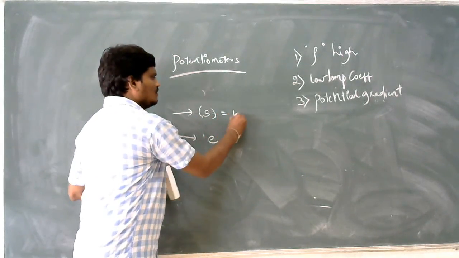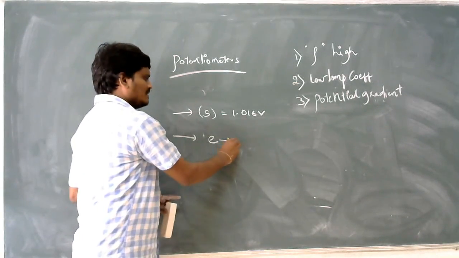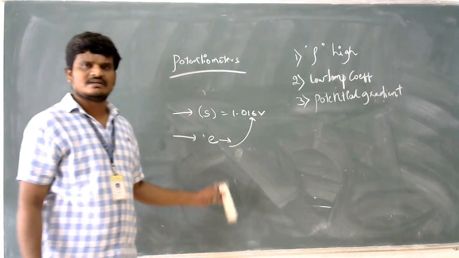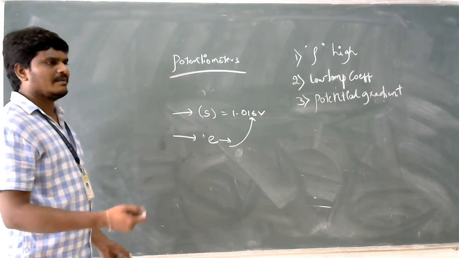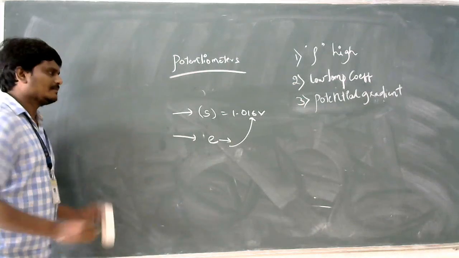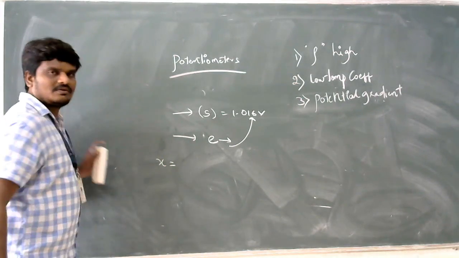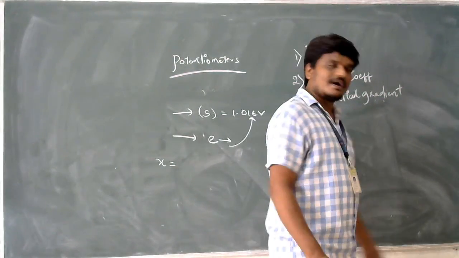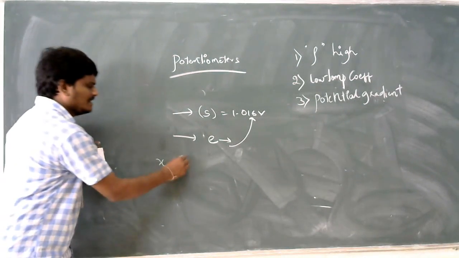If the standard cell voltage is 1.016 volts and I want to measure this unknown EMF by comparing it with the standard cell voltage, that is the reason, with the help of a galvanometer, I am using a slide wire to keep some point on the resistance wire. Now, the potential gradient of the point on a resistance wire with the help of a slide wire will be given as some